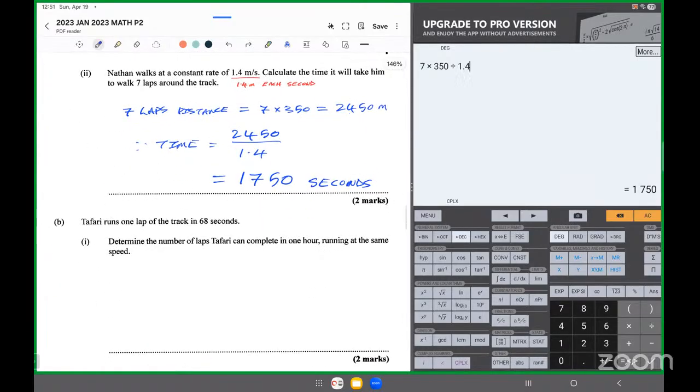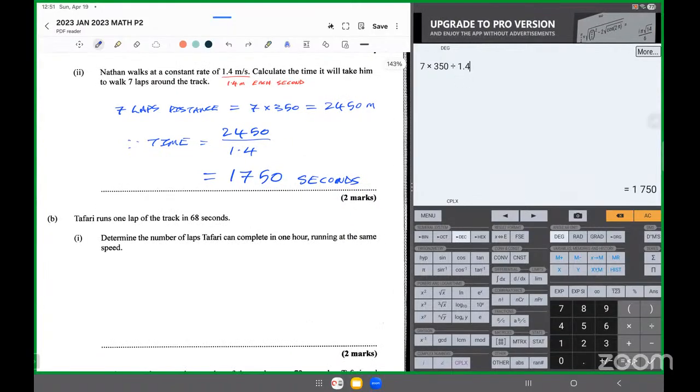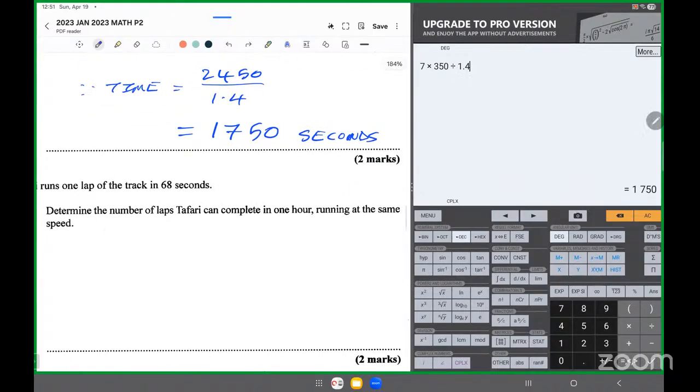He said Tafari runs 1 lap in 68 seconds. He does 1 lap in 68 seconds. Determine the number of laps that Tafari can complete in 1 hour. You want to know how many 68 seconds there are in 1 hour? We have converted hour to seconds now, right? See that? So see here now, 1 hour